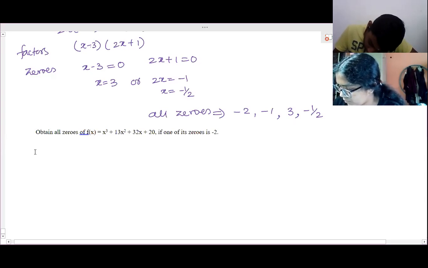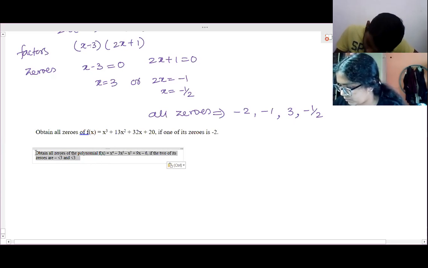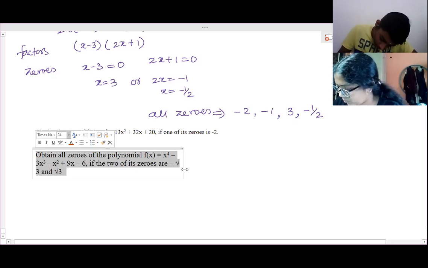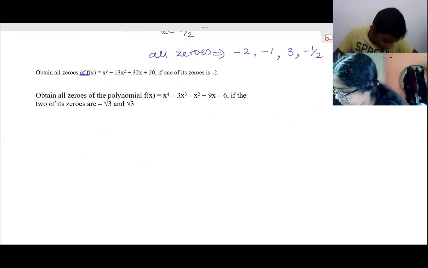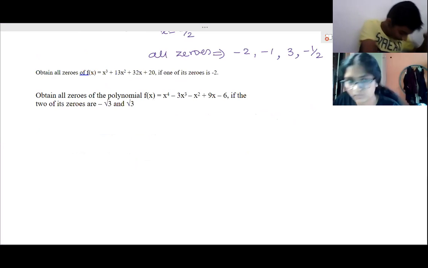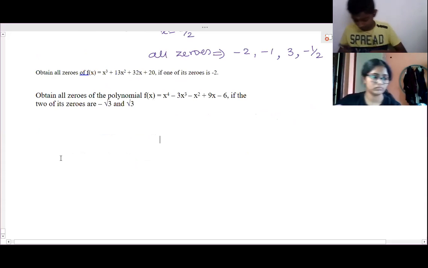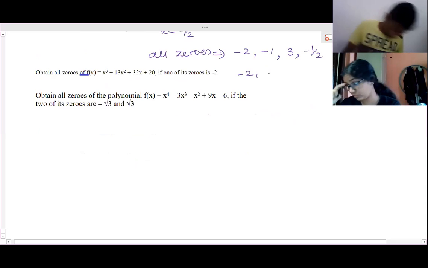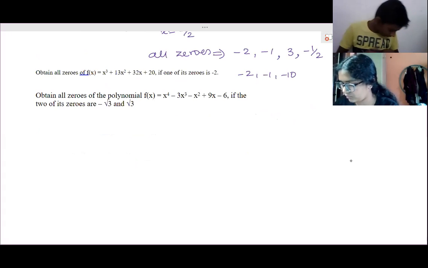Next, then 64th you can solve, 65th one. Ma'am, just a minute. Sixty-sixth one. 65th, mark it, it is homework. Okay, ma'am. Ma'am, in 64, zeros are -2, -10, -1, right? Yeah. Everyone completed 64th? Yes, ma'am.